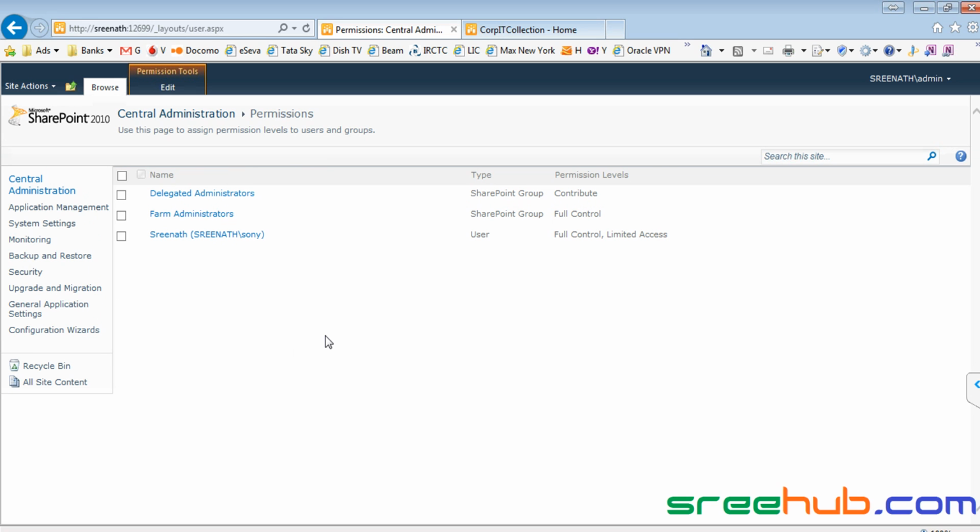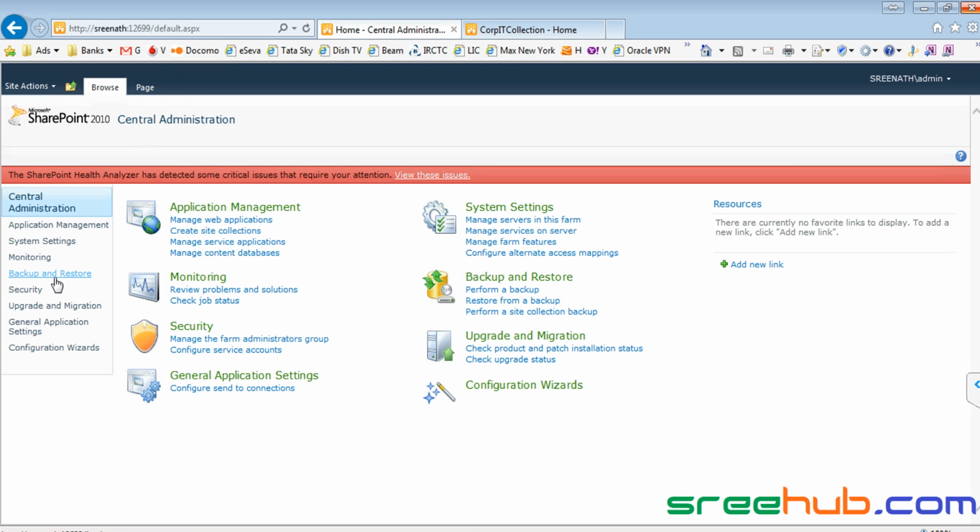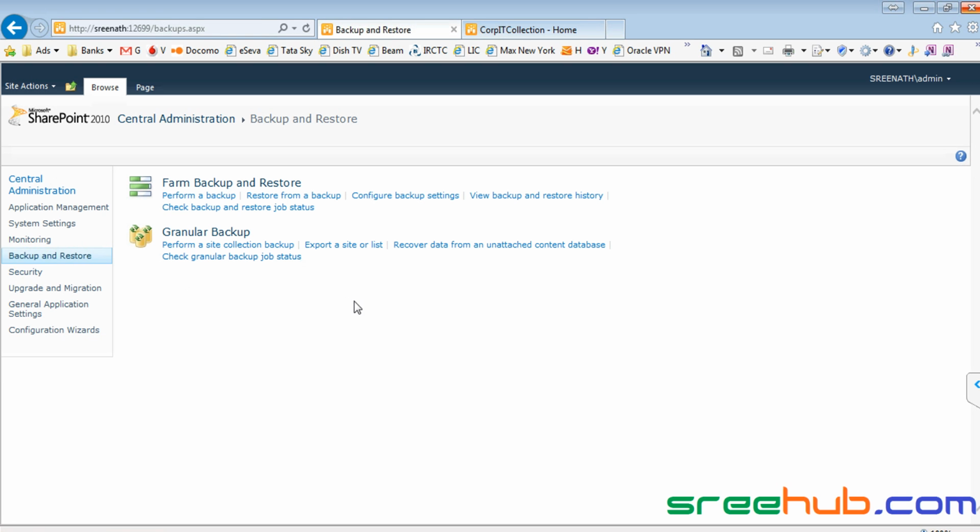So in order to do that in central administration, you have something called backup and restore, right? It's straightforward, but inside the components may be different. We'll be checking that out. So in central administration itself you have something called backup and restore. Let me click on that, right? Now these are the maximum possible backups and restores which you can do, which is farm backup and restore. First one is farm backup and restore, which is nothing but working with complete